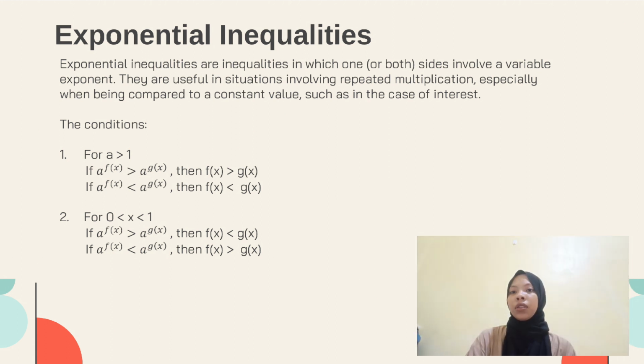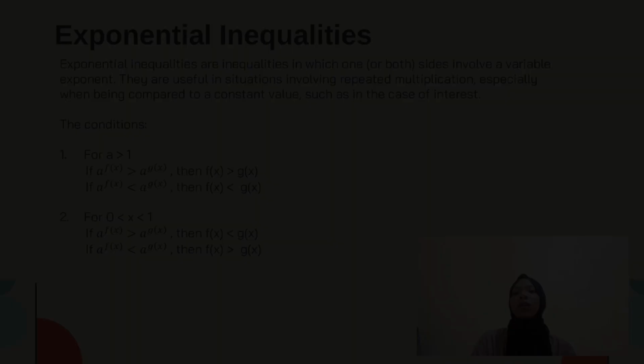For a more than 1, if a to the f(x) is more than a to the g(x), then f(x) is more than g(x). If a to the f(x) is less than a to the g(x), then f(x) is less than g(x). If a is more than 0 and less than 1, if a to the f(x) is more than a to the g(x), then f(x) is less than g(x). If a to the f(x) is less than a to the g(x), then f(x) is more than g(x). For example,